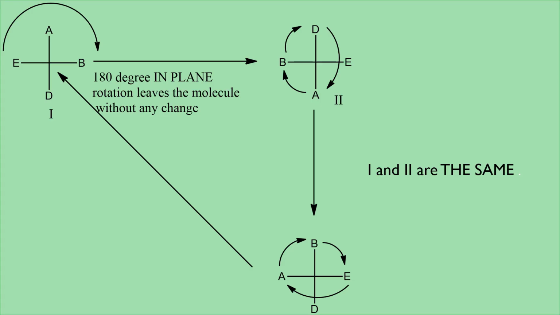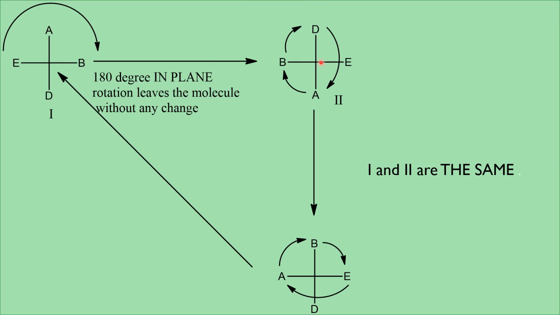This is the Fischer projection of a chiral molecule where four different groups A, B, D, E are connected to a chiral carbon. Let us do a 180 degree in plane rotation, so that A will come down and D will go up, and E and B also are undergoing interchanges. B will go to the place of E. Already I told you 180 degree in plane rotation is like two interchanges. Okay, we have done two interchanges now. So we have done a 180 degree in plane rotation here.